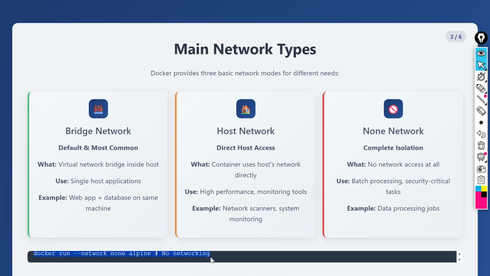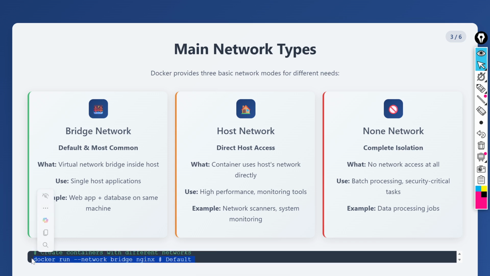It will basically create a null network. Likewise, let me scroll. If you use this command, basically it will create a